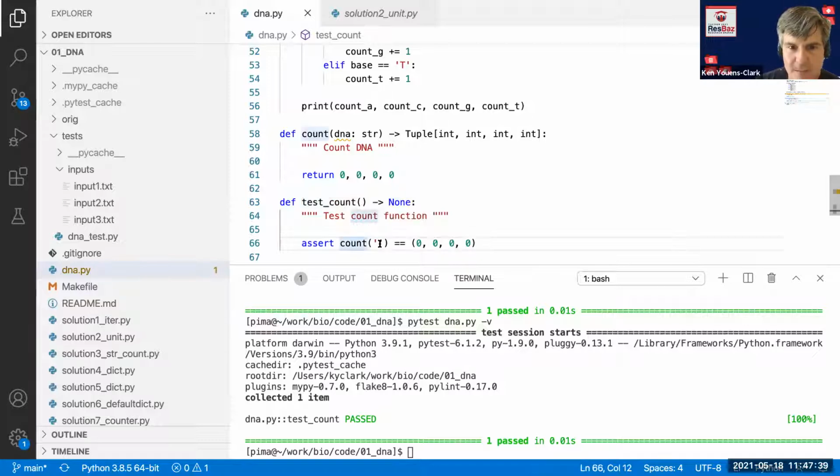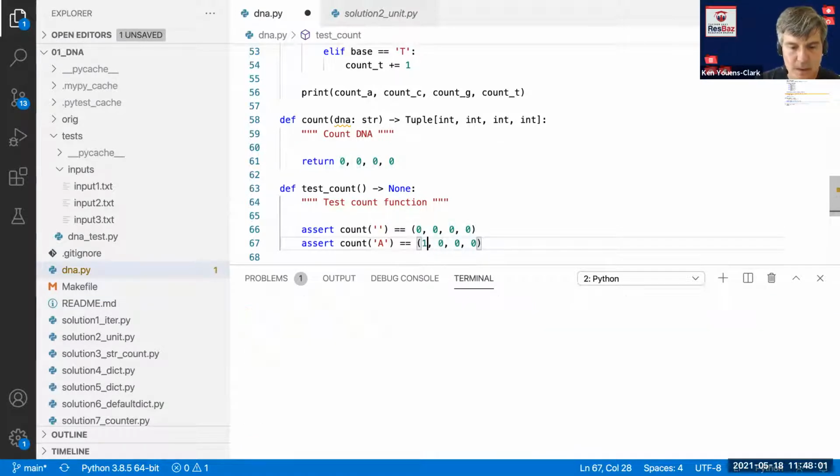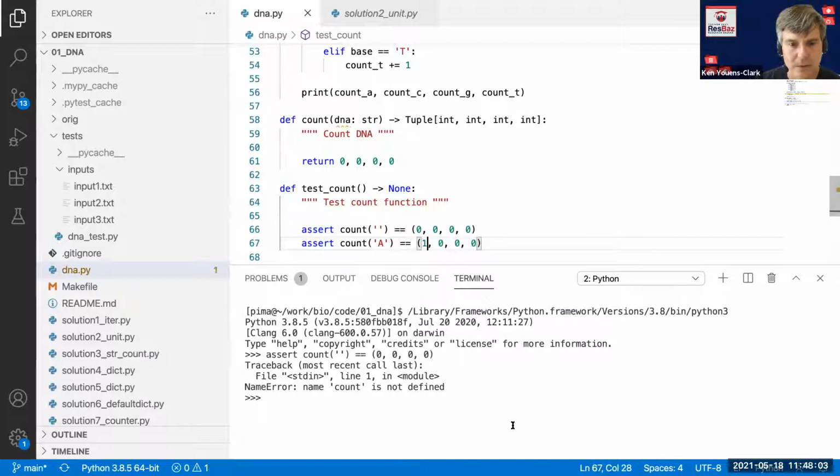Right now I'm passing count an empty string and I'm expecting to get back 0, 0, 0, 0. That works because that's the only thing the function does, right? But I also want to verify, for instance, that if I pass it the single string A, then it should return 1 in the first position.